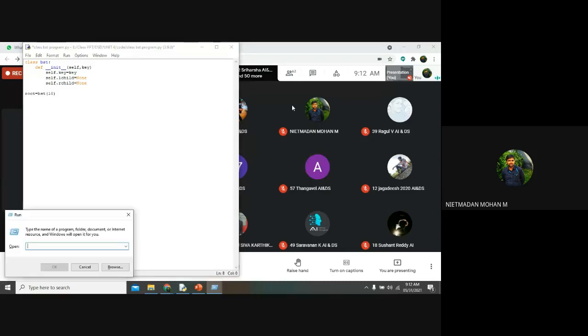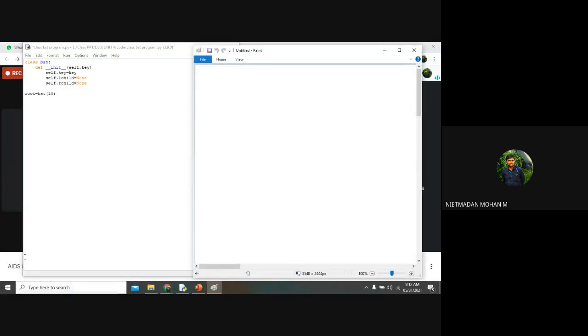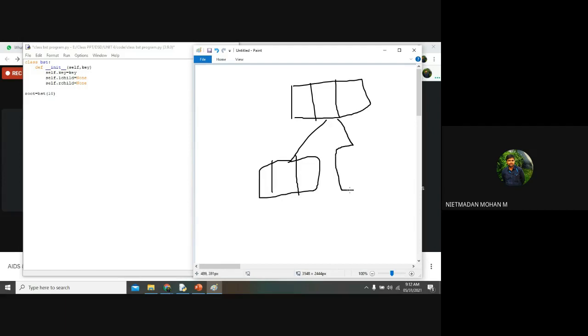So you all know that the binary search tree will be in the format where first we want to generate the first data, which will be the representation of your root node, right? So that we have discussed. First we want to initialize the root node. If the root node is not present, then the tree structure will be like this. We all discussed this.